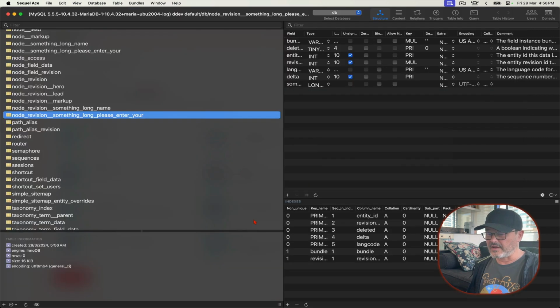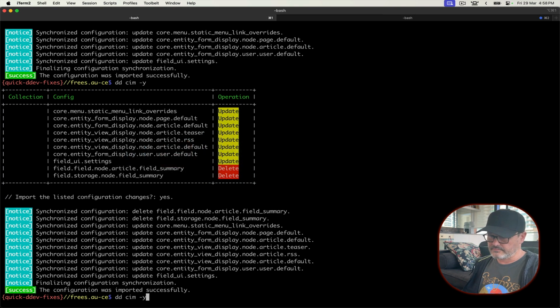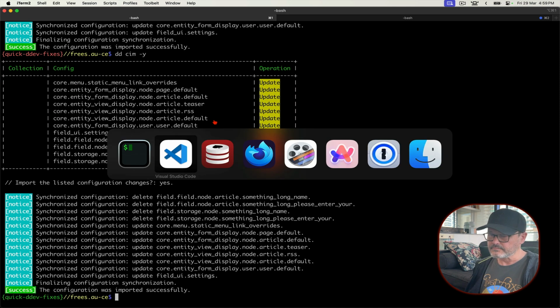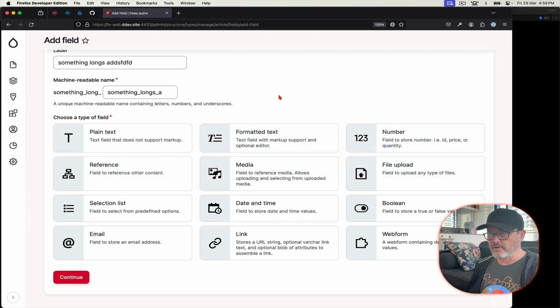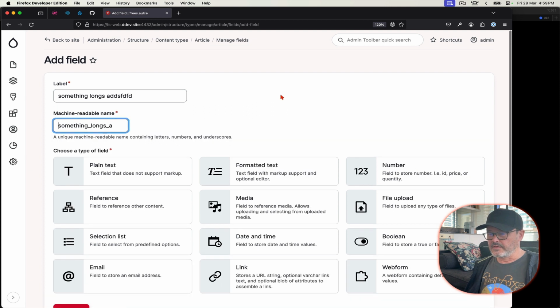So let's say I go back to my field config, and I'm going to do a config import again, so it's going to delete the tables that I'd created before. Okay, so now we go back into our UI, and we're going to create a new field name. So now, by removing that prefix altogether, we have full control over what our field name is,